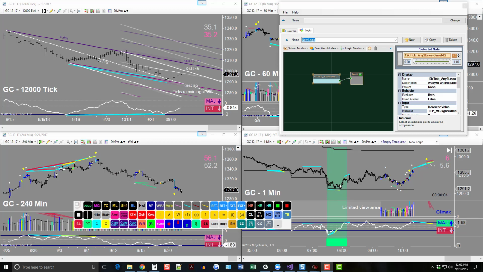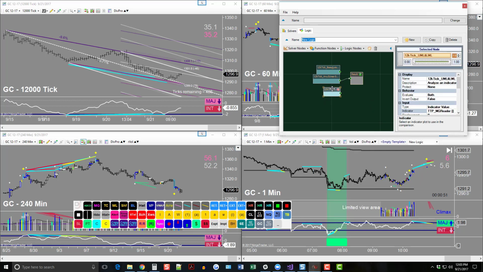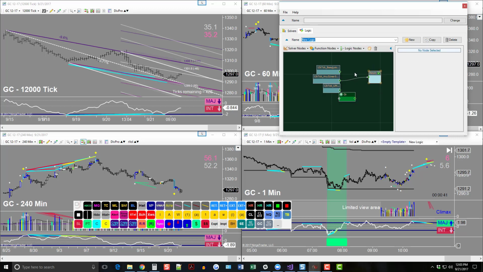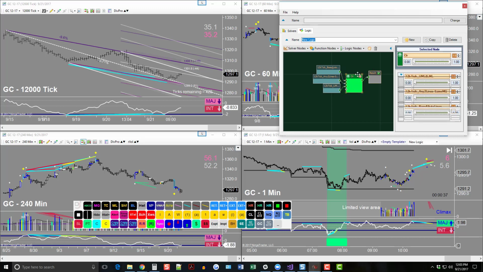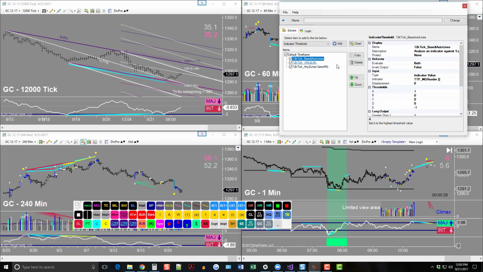So what I can do now is combine these into an OR node so that if we're touching either a baseline or an auto line, or upsloping or downsloping median lines, or we have a bar that's touching two lines at the same time that are created by the same market geometry, then we'll get those signals. There we go. So now any of those will come through. And then I just want to reproduce those. I just want to copy them